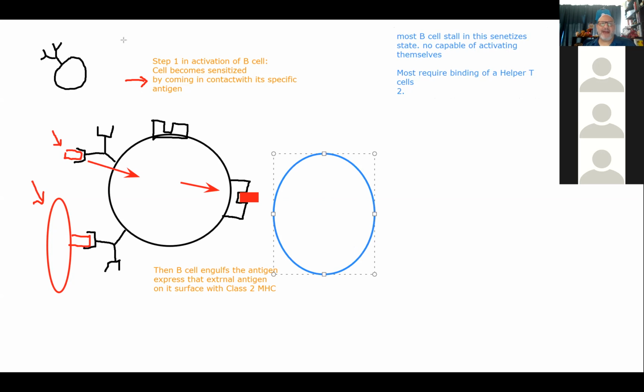We know B cells have that special binding site to the major histocompatibility complex 2 to that specific antigen. So again, we get our double recognition that's going on here. And of course, this has to be an activated helper T cell. And when this activated helper T cell binds to the B cell, it releases its cytokines. And those cytokines then trigger